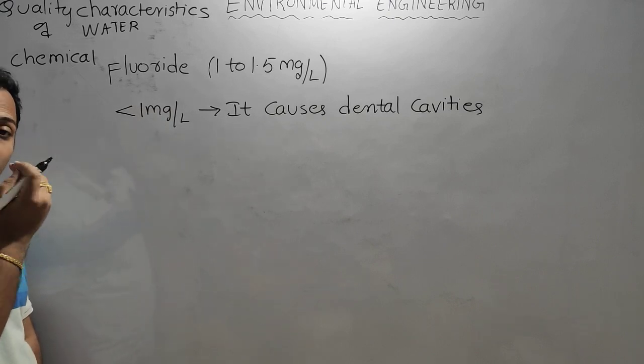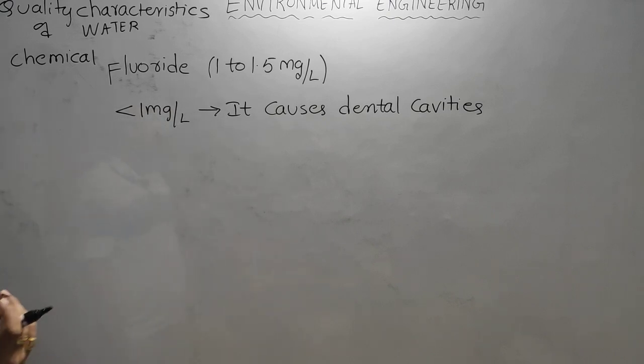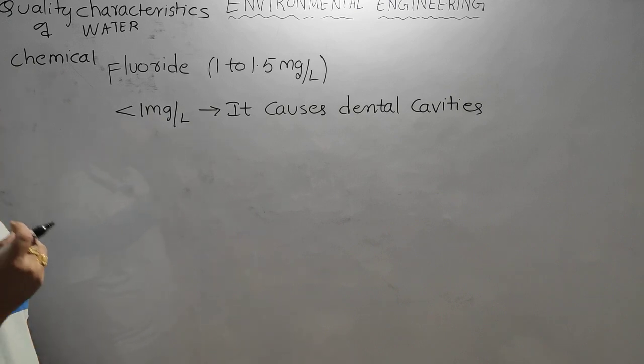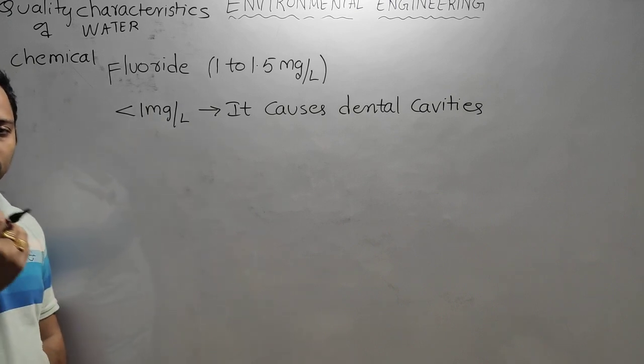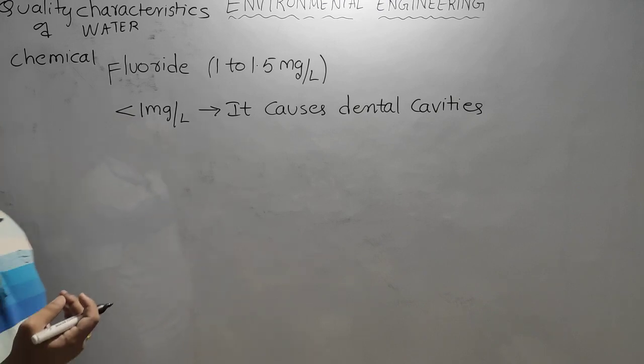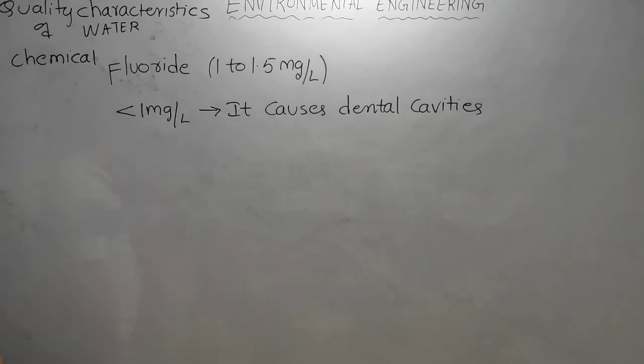You will observe yellow patches on the teeth. That is dental cavities. In that form also we can say it is a dental cavity when the enamel does not have fluorine in it. So it will form yellow patches on the top. Okay, if fluoride is more than 1.5,